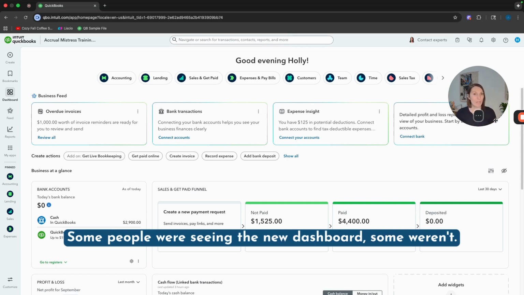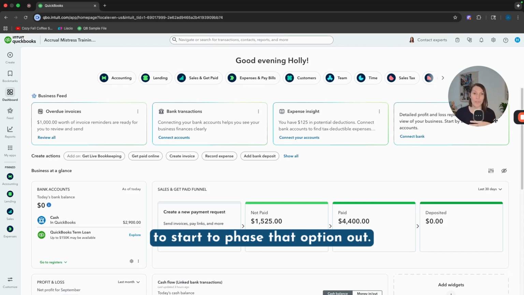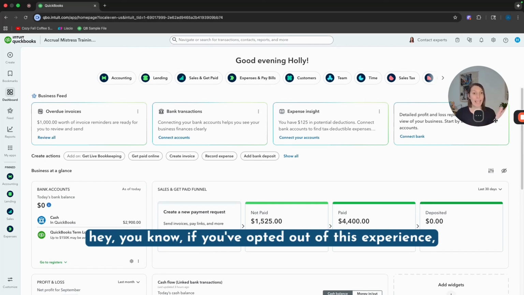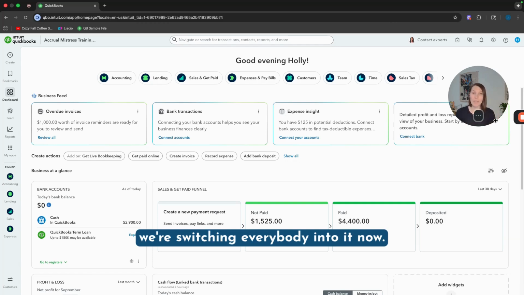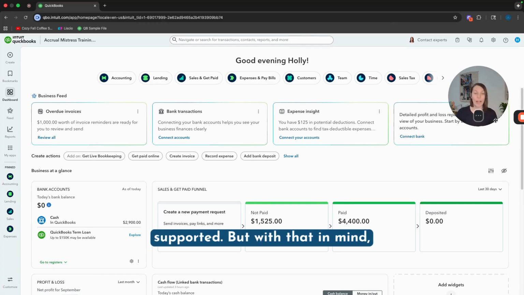Some people were seeing the new dashboard, some weren't. You still had the option at that point to opt out of the new interface and the new experience. But it sounds like they're going to start to phase that option out. I was just in some books earlier this week and there was a banner across the top saying, hey, if you've opted out of this experience, we're switching everybody into it now. I'm not sure how much longer the old version will still be supported, but with that in mind, I wanted